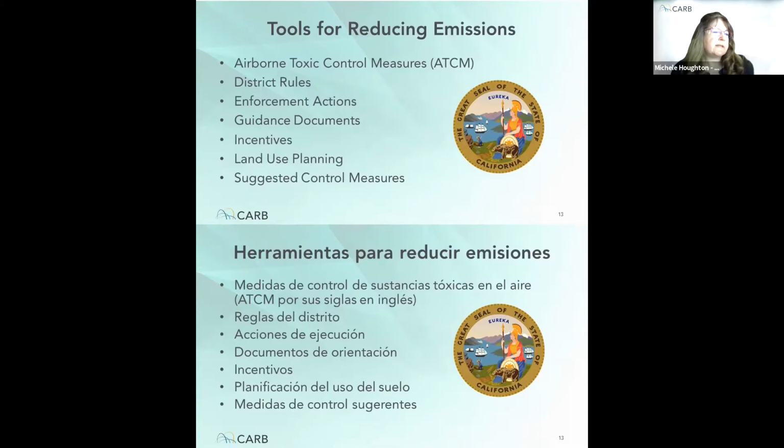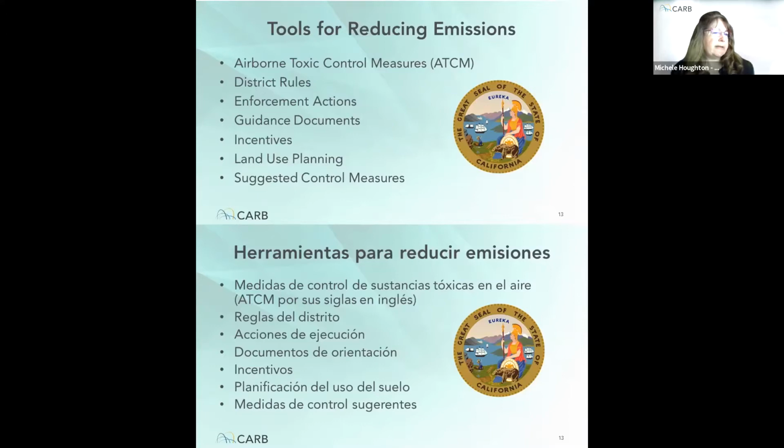Guidance documents can also be a useful tool for air districts, industry, and the community to reduce emissions and include things like best practices and other ways to reduce emissions. Incentives are another way that facilities can reduce emissions. Typically, incentives can provide funding for facilities to reduce their emissions beyond what is already required by law.